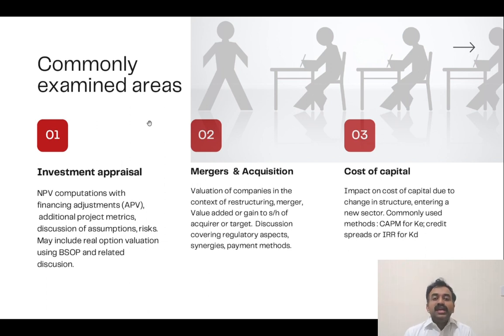Yet another important area that you tend to see almost every single time in the exam is mergers and acquisitions. This is where you could be asked to value companies. Often questions are set in the context of mergers, demergers, some sort of restructuring, and you're asked to value the individual companies as well as the combined company,